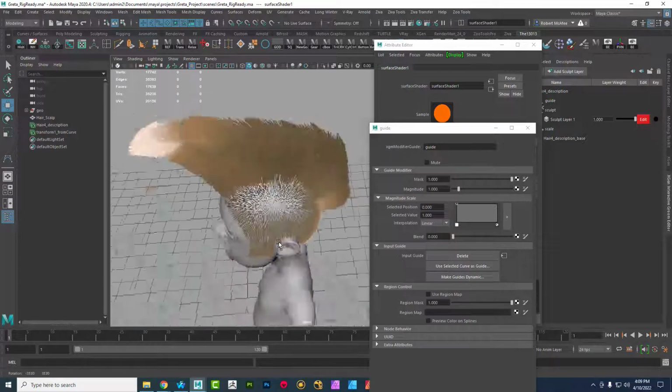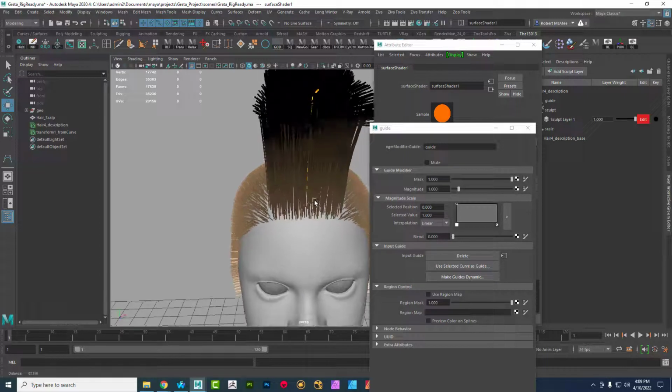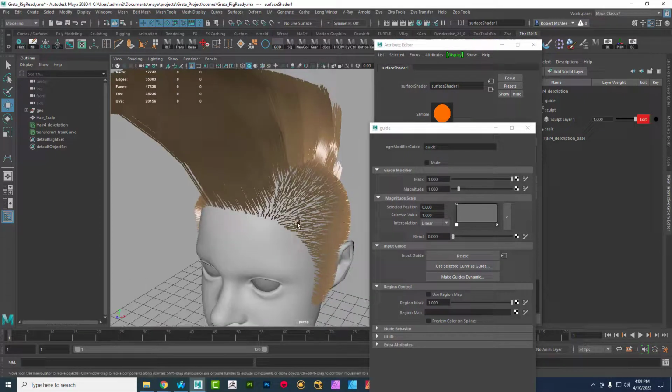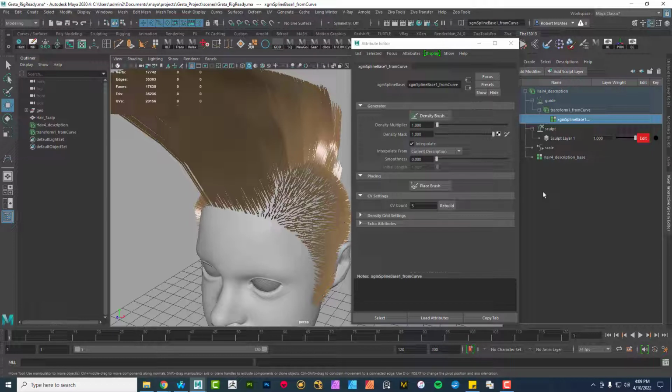Now, let's see, as we go here, we could see the range. We can see how far the guides actually affect the mesh. Okay, this is interesting. Here, I'm going to close this down, and I can open up the guides here. And just as normal when you create guides, this little